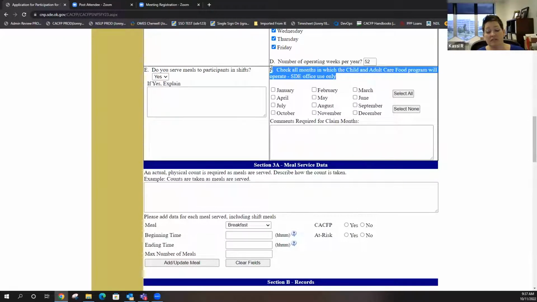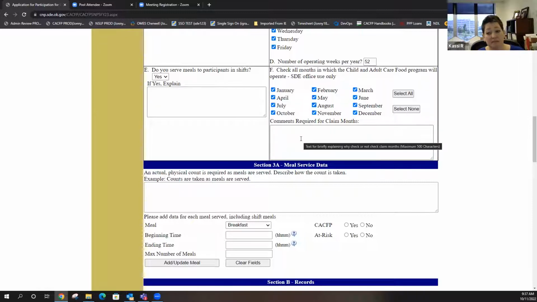On F, you're not going to see anything but this because we come and check all these for you. We do that because these give you access to claims. We had this where you could click it some years ago, and then we realized sometimes we locked you out of claims, and then you were coming in, giving yourself access back. So we're like, oops, we need to take that away.